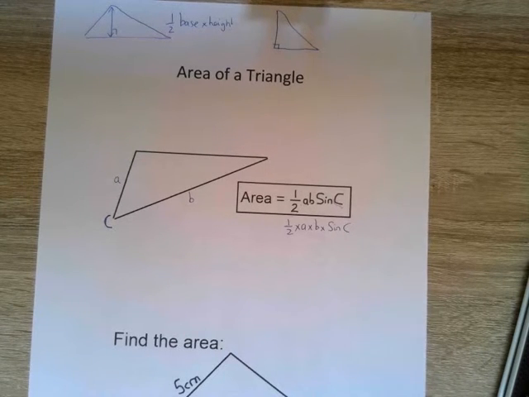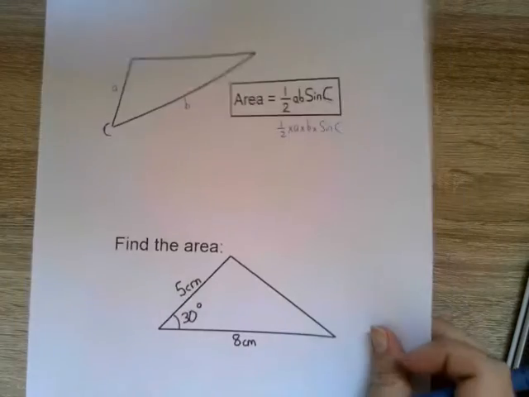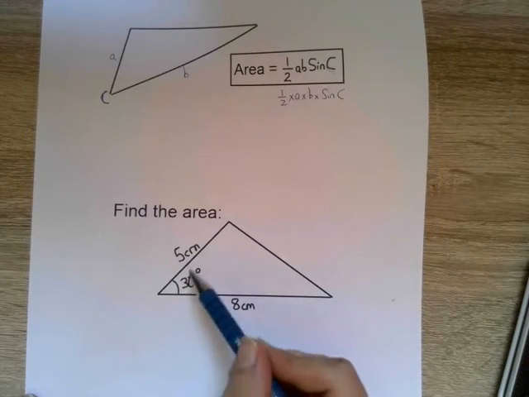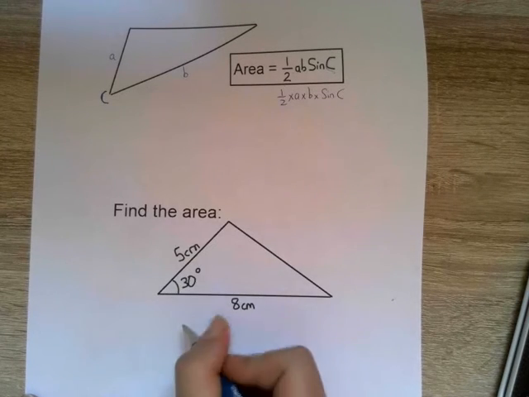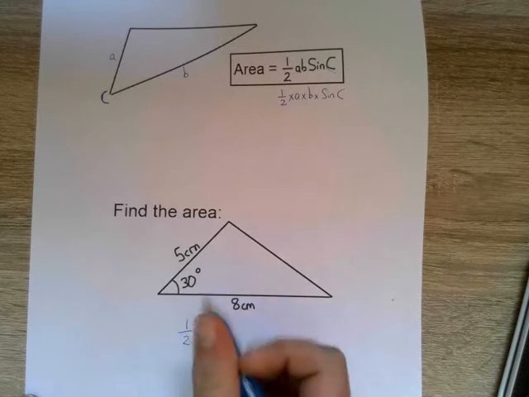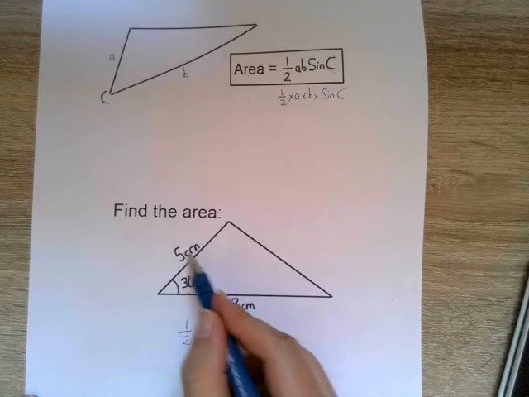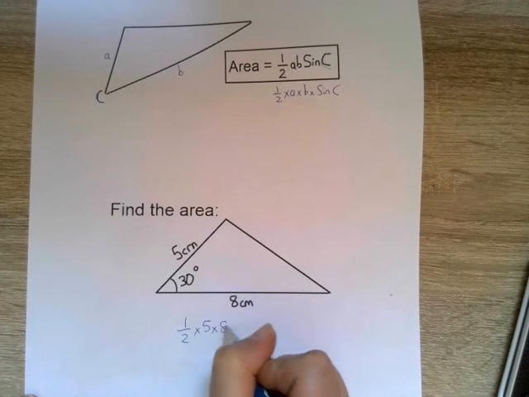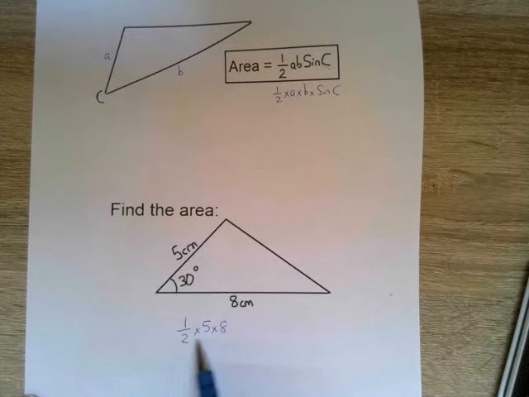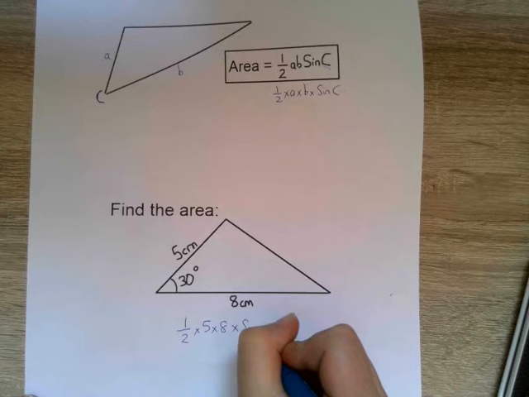So we'll start with a nice easy one, hopefully. So here, look, you can see straight away, well, I've got two sides that I know and an angle in between. So it's just going to be sticking it into the formula up here. So half times 5 times 8, it really doesn't matter which order you do that in, multiplication doesn't make a difference. So half times 5 times 8, or you could have done 8 times 5, times sine of the angle